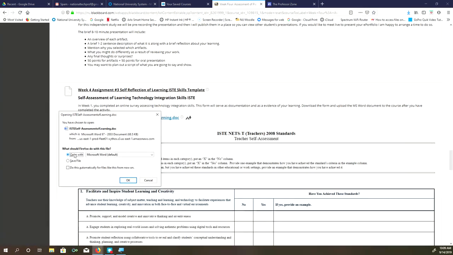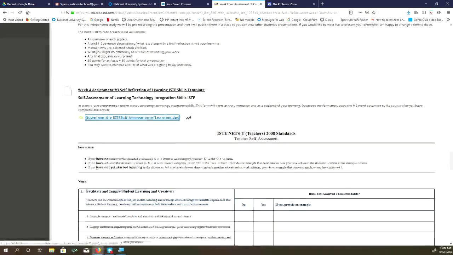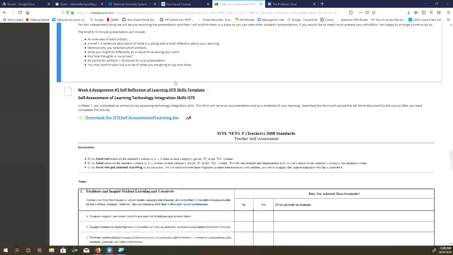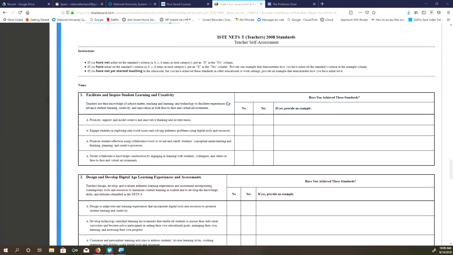And then, for instance, when I download the template, it asks whether I want to just go ahead and open it with Microsoft Word. I can do that, or I can save the file if I want to save it. Once I open it up, I'm most likely going to click on File, Save As, and then save it someplace where I'm going to be able to access it later and submit it to the class. You're basically just going to be filling out this template, saving it, and then submitting it to the class website.